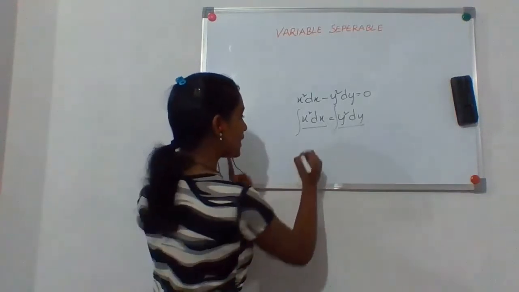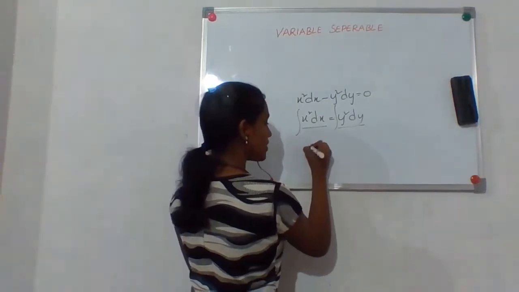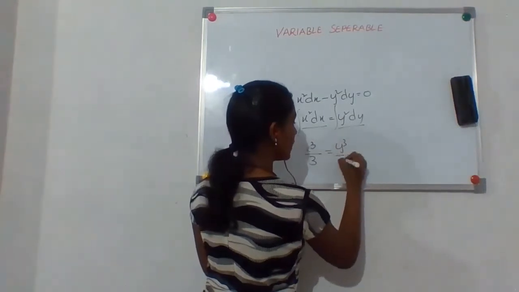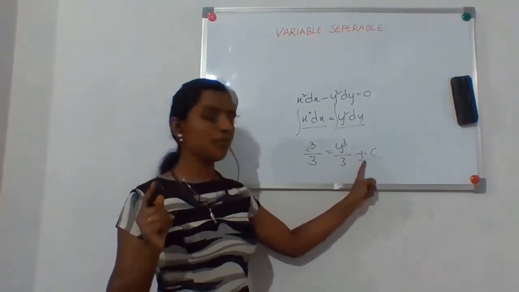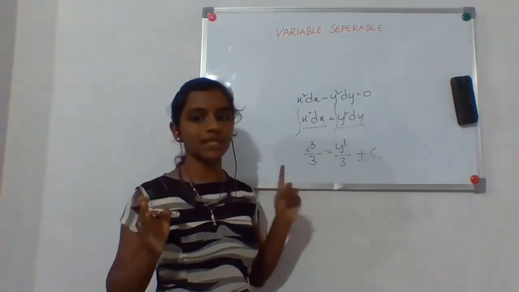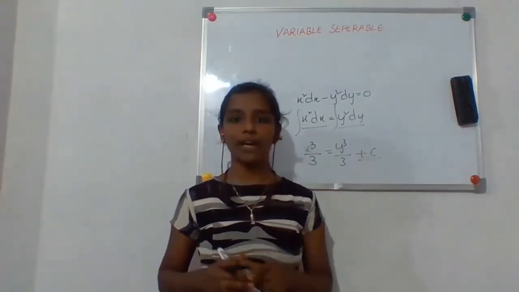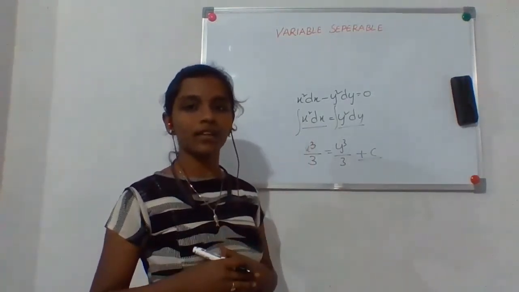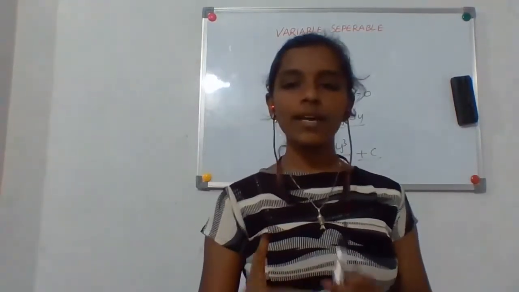Simple. After integrating, what do you get? Integration of x square is x cube by 3 equals y cube by 3 plus c. So plus c is compulsory. You have to put plus c for every solution. Understand? In your board exams, if you do not put this plus c, you are going to lose half a mark. So this is compulsory. In the objective section also, it is good if you keep it. Now let us look at some other model sums, some two or three model sums of the variable separable method.